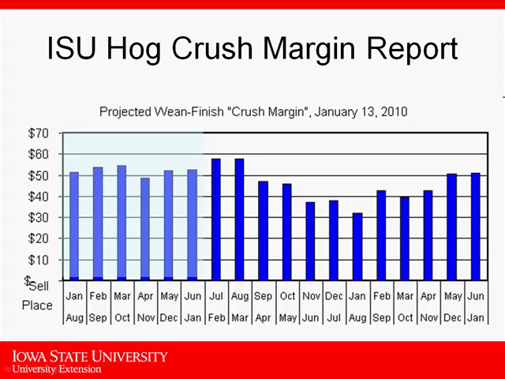So that says, with the exception of maybe pigs placed in June, July, August, all of these others are break even or better going on out there on that day, January 13th. So this is a couple of weeks old. The one posted today would show what happened on the 20th. The one that you guys will see tomorrow morning will show you what was on today's close. But it's an opportunity then to look at what's going on.